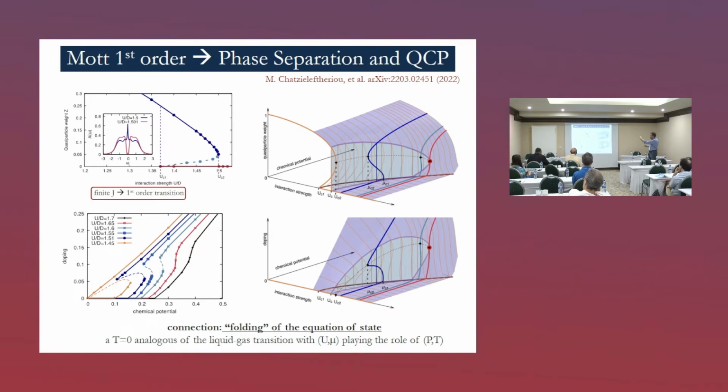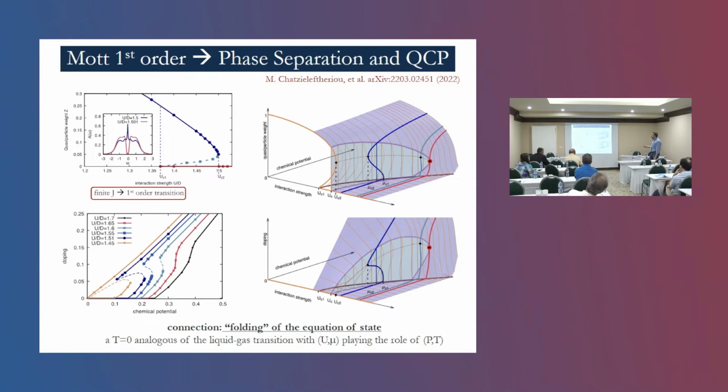If you cut the other way, you have this curve done at fixed interaction strength, varying the chemical potential, and these are these curves. Obviously, you have to plot the doping as a function of the same two parameters, but this blue curve corresponds to this other blue curve. So basically, these curves, doping as a function of chemical potential and quasi-particle weight as a function of interaction strength, are just the cuts of these plots of the equation of state. Here we're plotting different things, but the folding is the same for all because it's a characteristic of the solution of the problem.